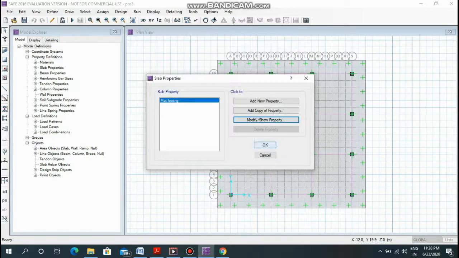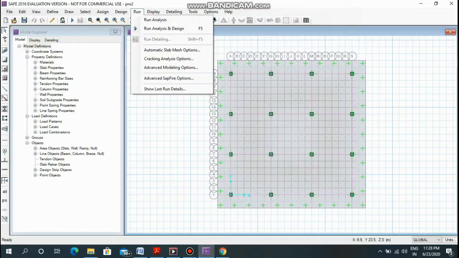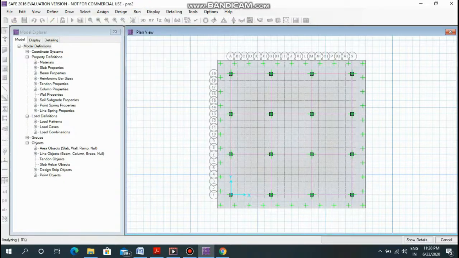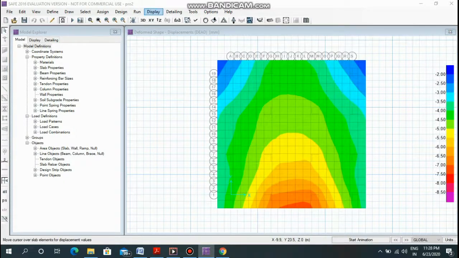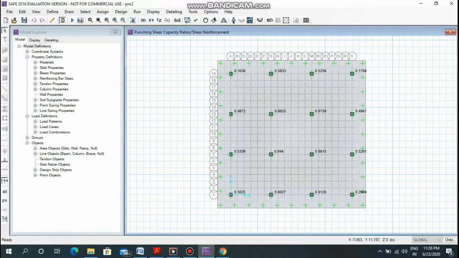Click OK. Click OK again. Run analysis and design. Display, show punching shear design. So now you can see that the punching shear design values for all the columns are less than 1.